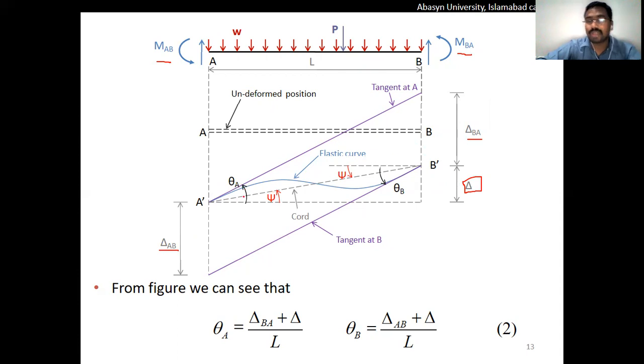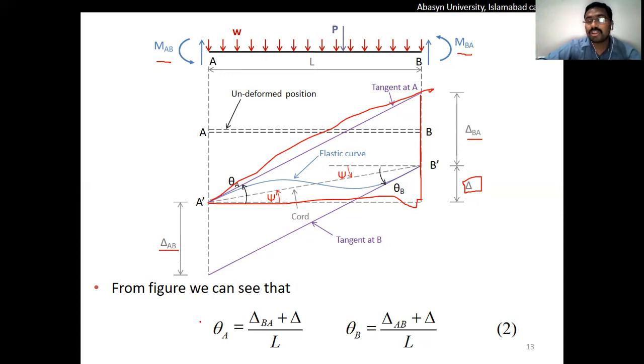mentioned, that we apply here the tan formula, the trigonometric function, to solve these in order to derive these slope and deflection equations. It will be considered as perpendicular directions, that is delta BA plus delta, which is the net deformation delta, divided by the length of the member, which is the entire length of the member, considering this as the triangle A dash B to B dash. And again, we know that the value of this rotation is very minute, very small. That's why tangent theta is considered as theta.